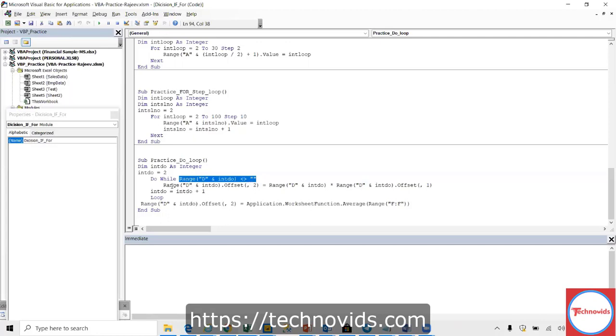But one thing is we have to control the loop within this one. So we need a variable here. There also we need a variable, but it is the starting variable. Here it is within the loop itself. So for is auto increment, whereas do is not auto increment. Those are the differences between for and do loop.